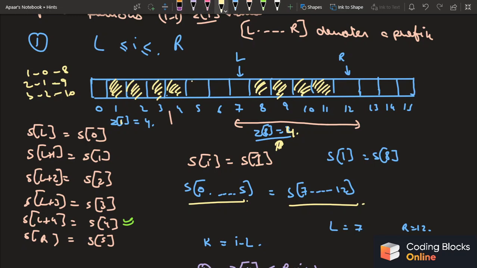Let's go over the second case. Again, let's assume that I am on the 8th index, this is the i index, and this will be the zk, then k will be 1, right? Because k is equal to l minus 1. So right now let us assume that zk is not 4, let's say it is 5, because it can be 5. We can make a case for which it is equal to 5, right?